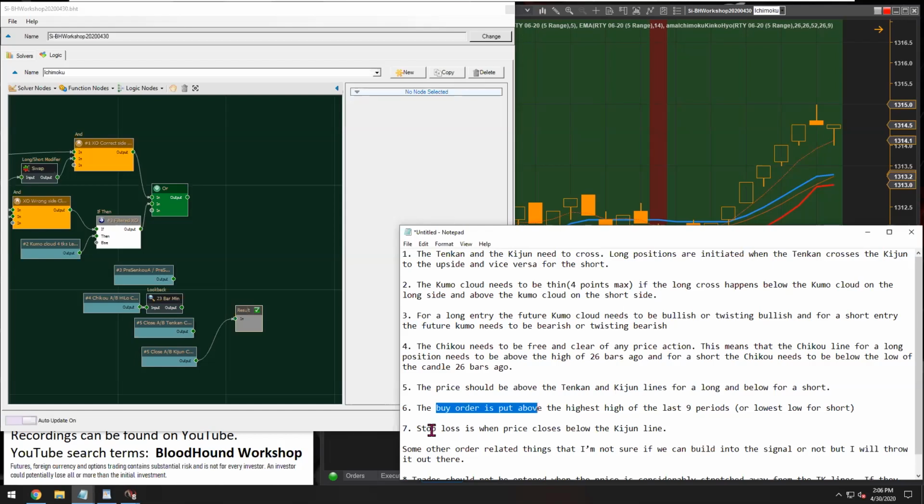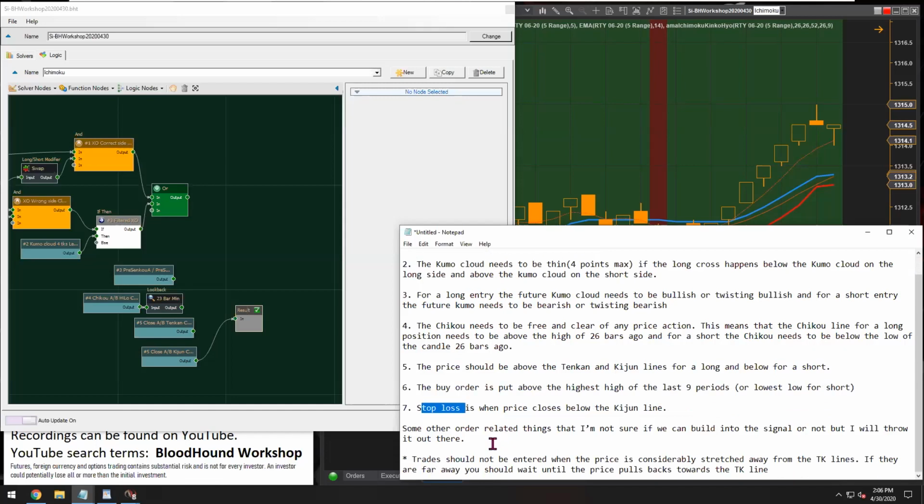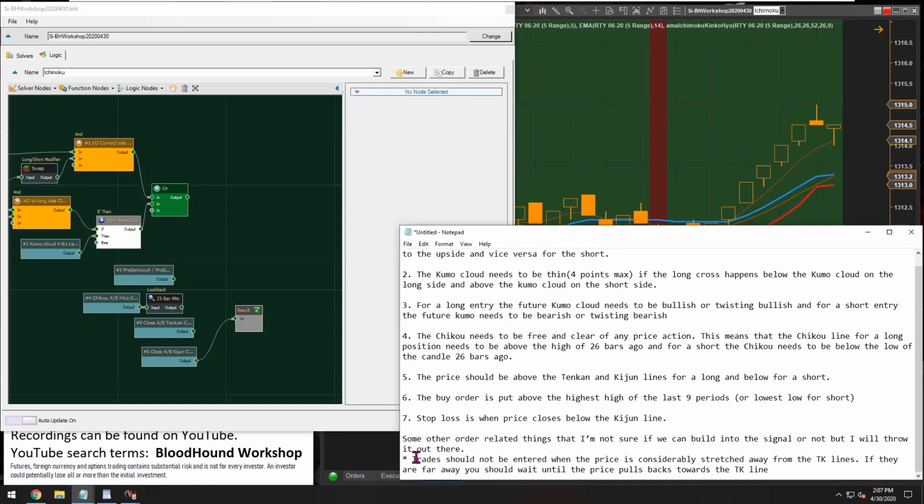And yeah, same thing for the stop loss. Stop loss will have to wait for tomorrow's Blackbird workshop for the strategy. All right, and then here's another very, very subjective